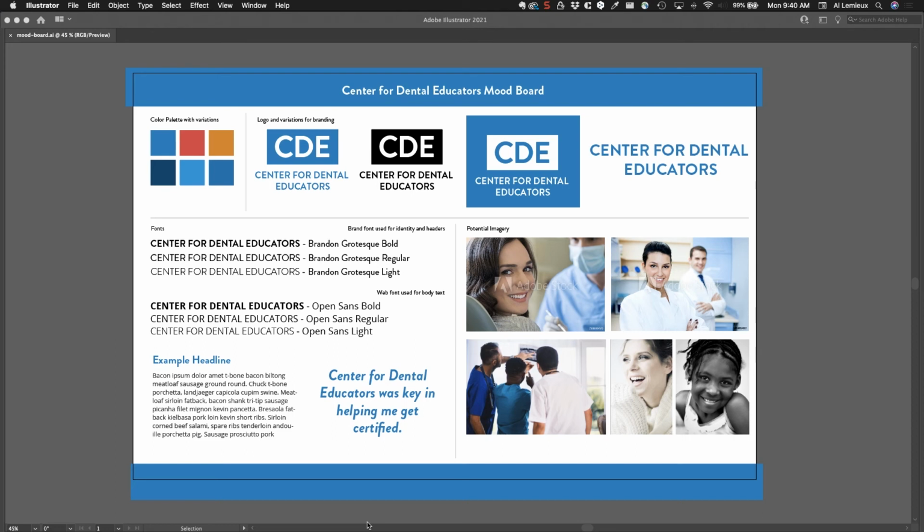So this mood board would then be used in a presentation for the client to get them to buy into this design system. And hopefully, if they don't have much feedback in terms of the colors and the fonts and the photography, then you can move forward with a prototype